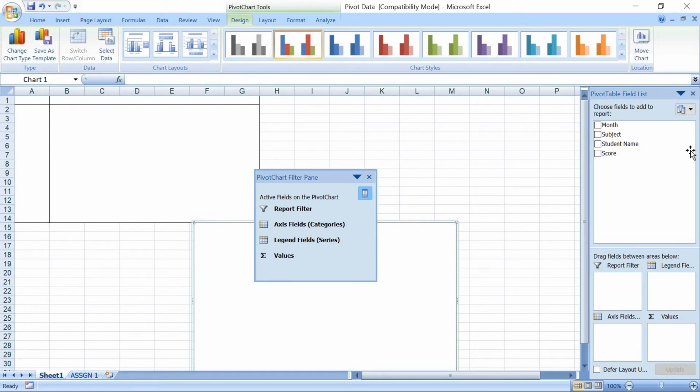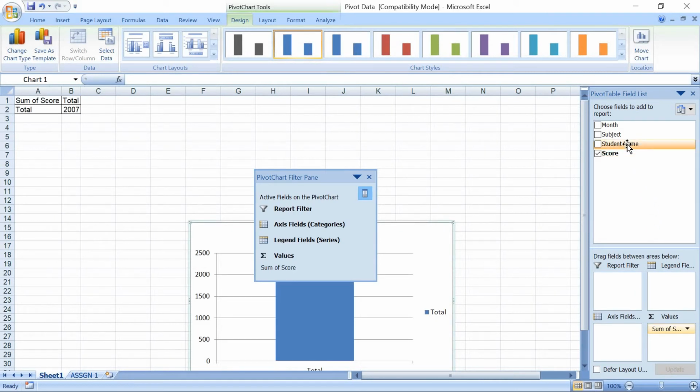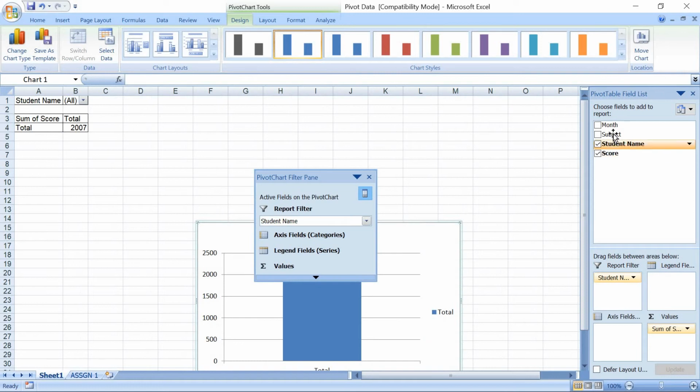On the other hand, we can see the field list is available, and there are 4 different columns. These we have to drag and place in different areas. Let's take score to the values area. Then student name we will take to the report area.